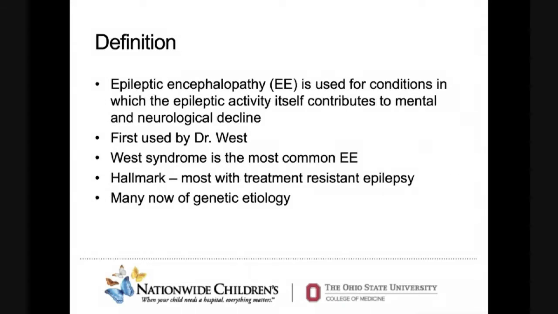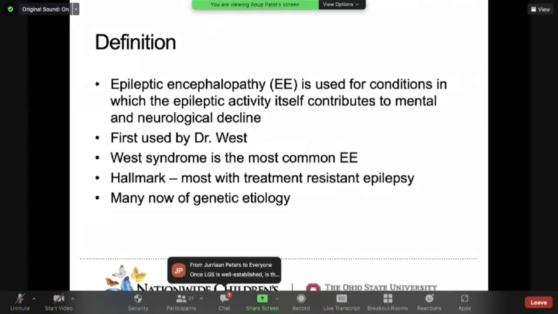So we've heard a little bit about epileptic encephalopathy, but I want to put a little bit of a spin on that. You see the definition in front of you as it relates to epileptic activity contributing to the actual mental and neurological decline. And I think that's a very strict definition we need to stick to, because when you look at the EEG patterns that have been talked about with LGS, even when they change over time, they're driven by that same common feature and pathway, despite having different etiologies that we're going to talk about.